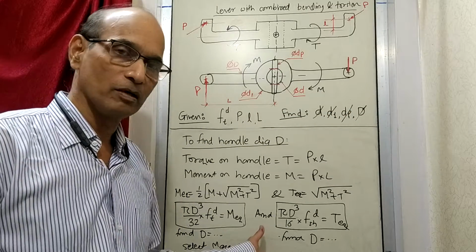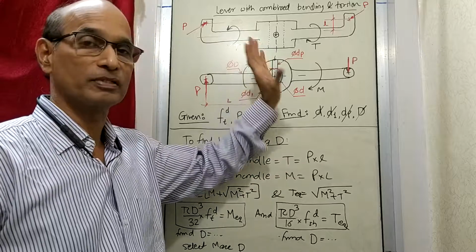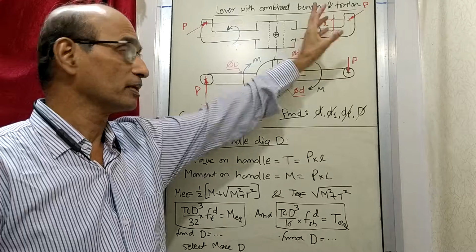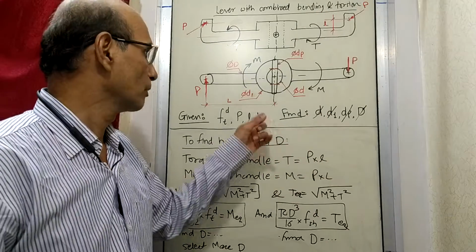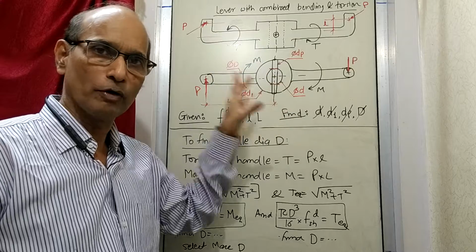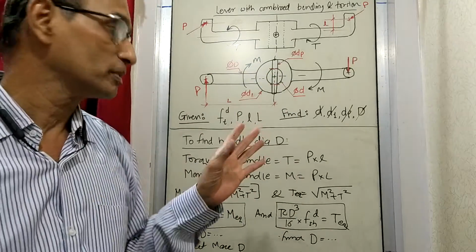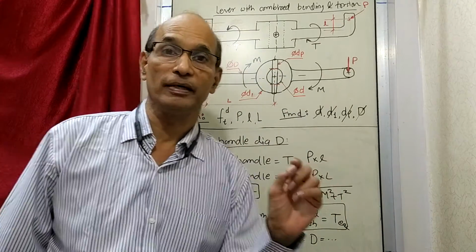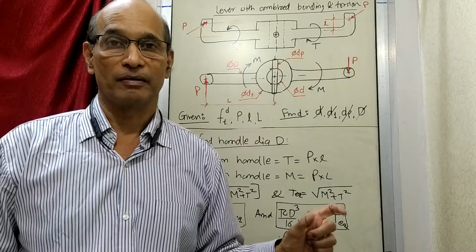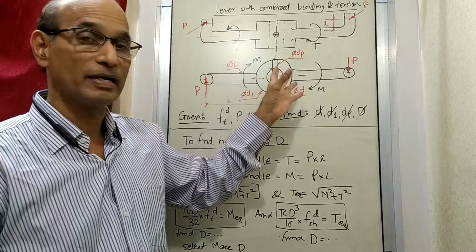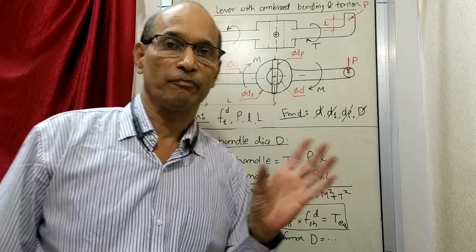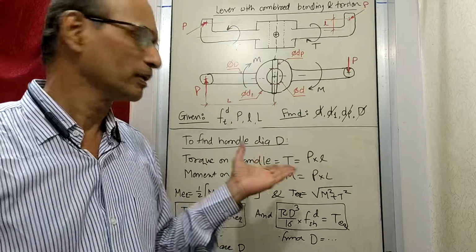Okay, so this is the way we are handling a problem of this kind, where especially this part of the lever was experiencing bending and torsion, and to some extent even the design of this pin also was slightly different. And what we have done is as such not new, but what you have to see here is that there cannot be a standard equation which can be applied all the time everywhere. Depending on the shape, size and the design, we have to make changes in the equation and form a proper equation, keeping in mind the basic rules.